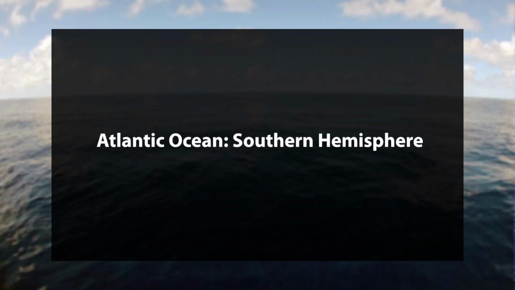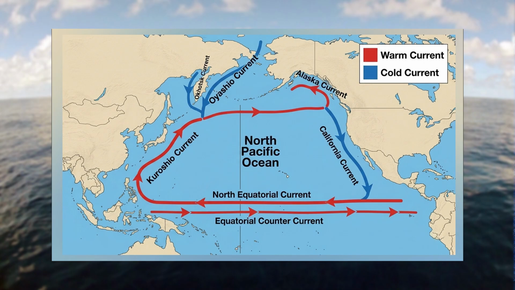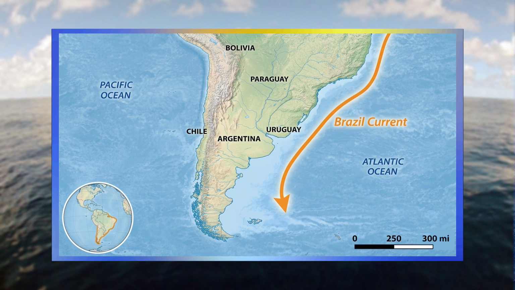Now, Atlantic Southern Hemisphere. South Equatorial Current. The South Equatorial Current is a major Atlantic current that travels from east to west, driven largely by the trade winds. While its main path is located between the equator and roughly 20 degrees south latitude, it behaves uniquely in the Atlantic compared to the other oceans. Brazil Current. In the southern Atlantic, the South Equatorial Current travels westward until it hits the coast of Brazil,